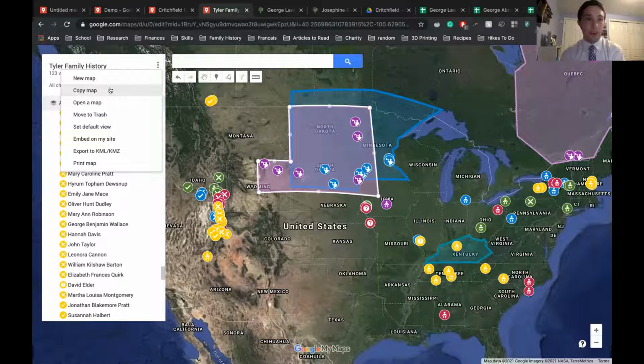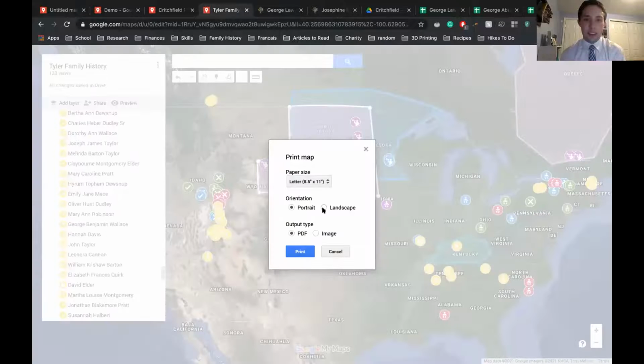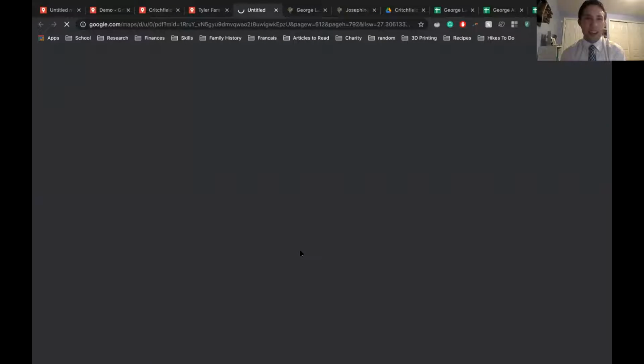If you wanted to build off of this map, for instance, you can put it on websites or whatnot, but this bottom one is to print a map. And you can select the size. So I'll just show you what it looks like. I don't know if it looks very good right now